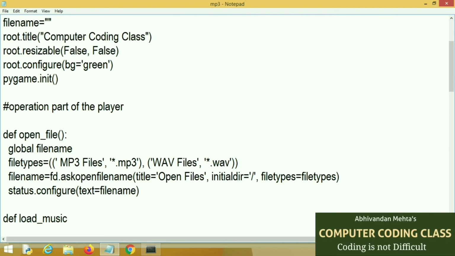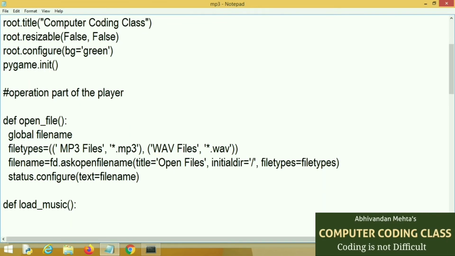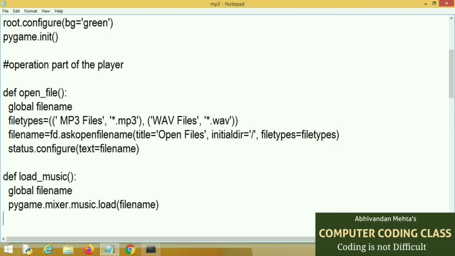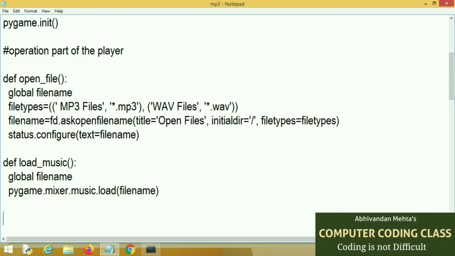Next we will load our music in Pygame mixer music. First of all, we will set our global variable, that is file name. We declare it. It is necessary because we are working on two different functions, so this file name can work in both functions. We declare it globally.